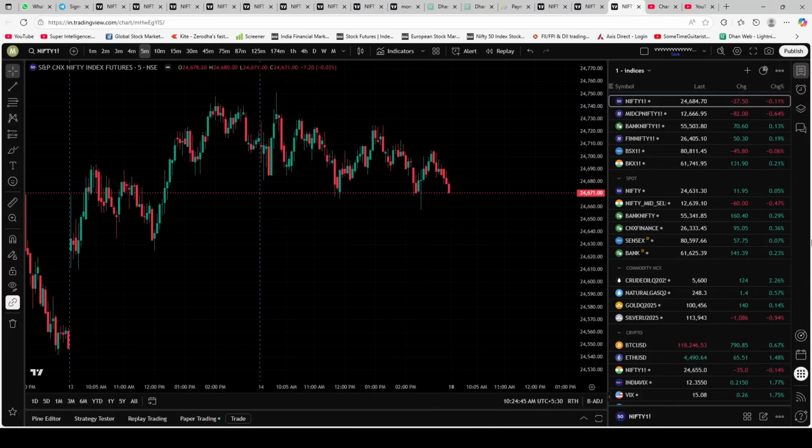Now I'll tell you the sequence. Whenever we introduce an indicator, it's going to work like this. The first people who will have access to the indicator will be the Sigma group members. After that, it'll be channel supporters. And after that, we'll release the indicator to the general public, if at all we release, all right? But the first priority will always be given to our channel members. Anyways, the first indicator is,